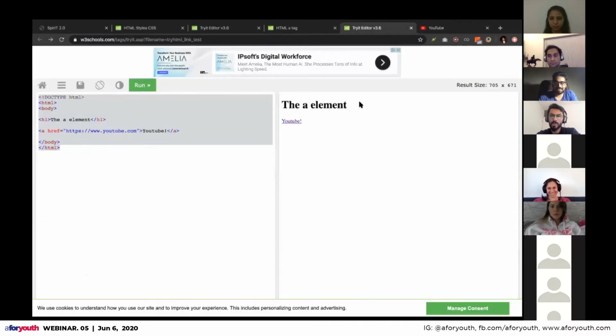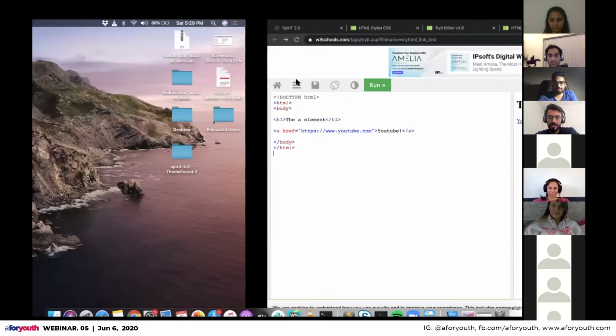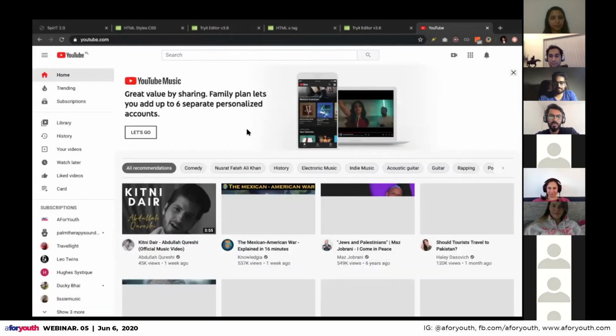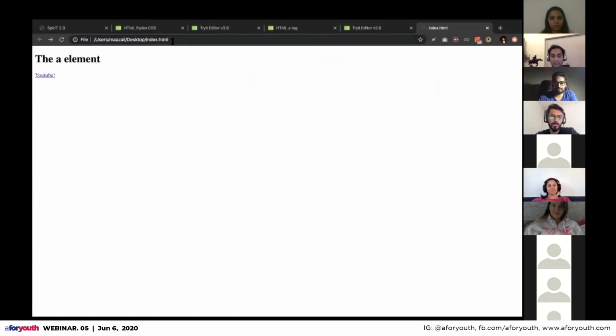This whole browser screen is like a browser within a browser, there for a quick test. But we can copy this code, paste it in an index.html file, and then run that file in our browsers as well.